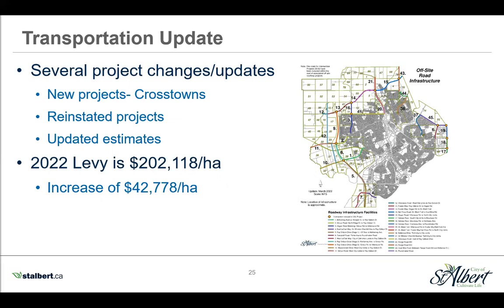So there were several changes made to the transportation infrastructure category for 2022, and I'm going to spend a little bit of time talking about this. The 2022 offsite levy bylaw includes the addition of 5 new connector roadways. 1 existing project had project costs reassociated with it. The cost estimates for several projects were updated, and the project costs which were previously assigned to lands outside the pre-2022 city boundary are now included as an offsite levy cost. And all of these costs influence the substantial increase in road offsite levy rates.